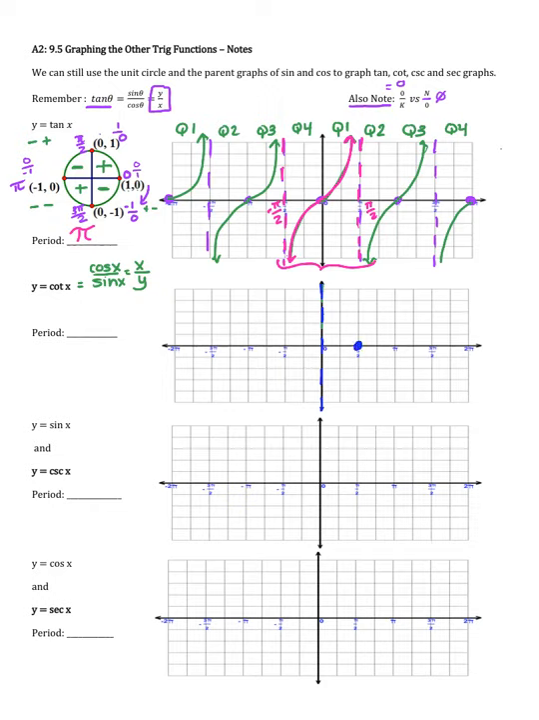At pi, I'm doing again negative 1 over 0. So your asymptotes, notice, are shifting by 90 degrees. You're going to have kind of the same pattern where it's going to be 0, asymptote, 0, asymptote. Cotangent, I don't know if you remember from geometry,